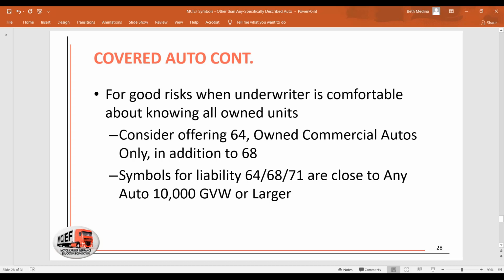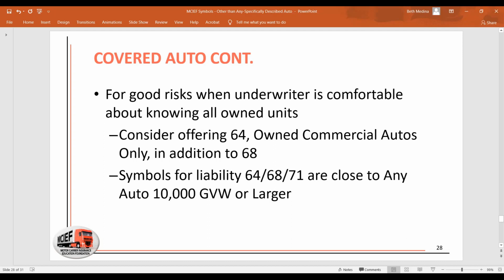And I only point this out because this request is happening. If you're going to write a policy for the insured, you must make sure that the customer requirements are met, or you won't be able to write the risk. And those customer requirements typically would be not only specified, but hired auto, and on rare occasions also all owned autos. And the problem we have now, if we have that requirement,